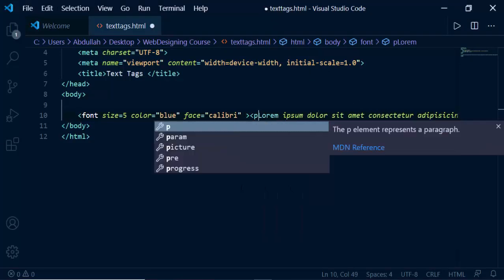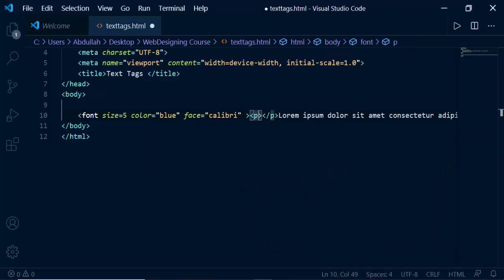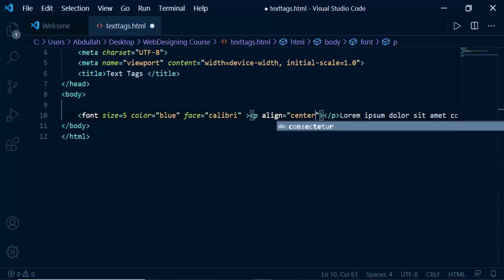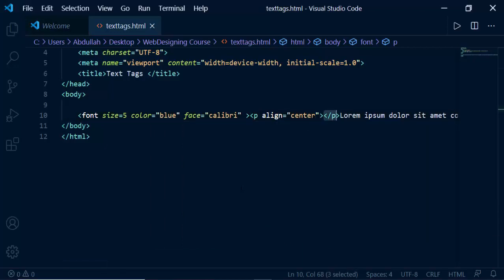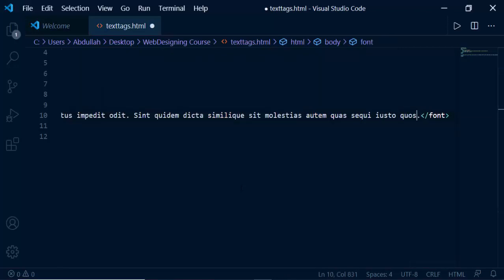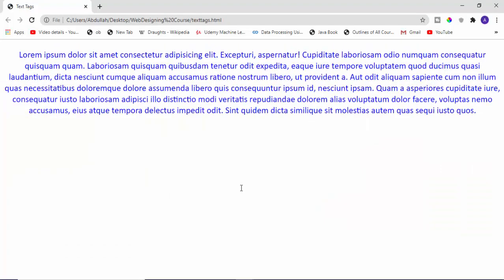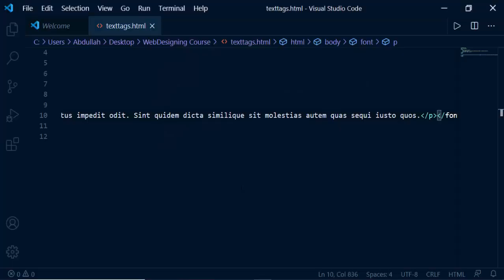You can say p tag, and here you can say align equal to, in double quotes, center, and you will close your p tag before closing your font tag. We will close the p tag right here. If I go back to the browser and refresh it, you can see the text is centered.